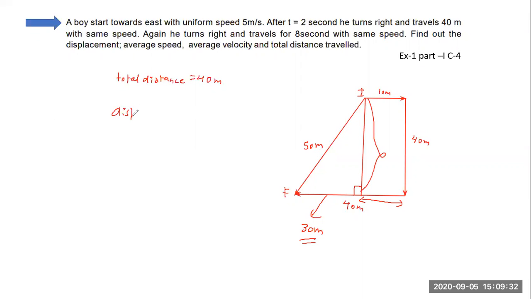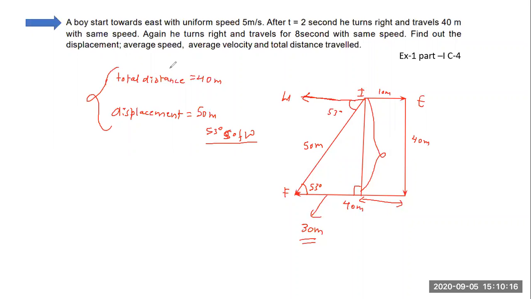So displacement will be 50 meter. And talking about direction, this will be 53 degree, because this is 40 and this is 30. So that's why this will also be 53 degree. This is the angle that the displacement makes with the west, let's say this is east, so this will be west. From the west it makes 53 degree towards south. So we can say 53 degree south of west. That will be the direction, because in displacement we need to mention the direction as well.